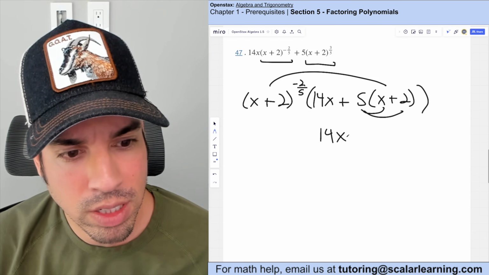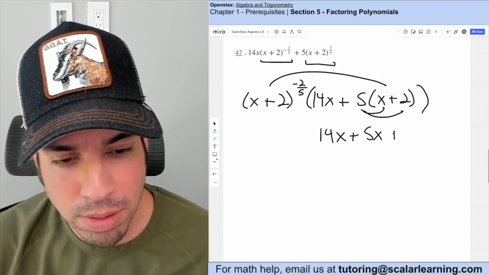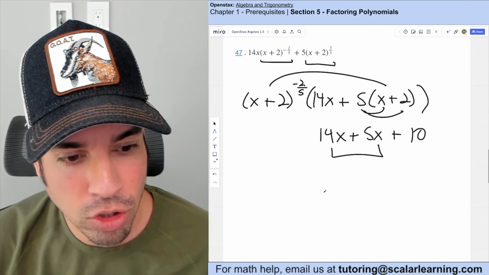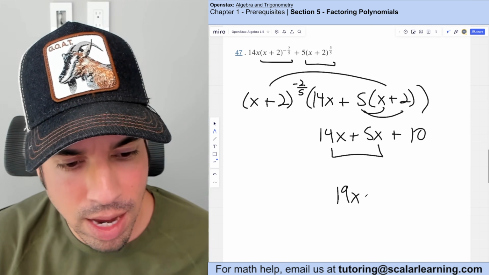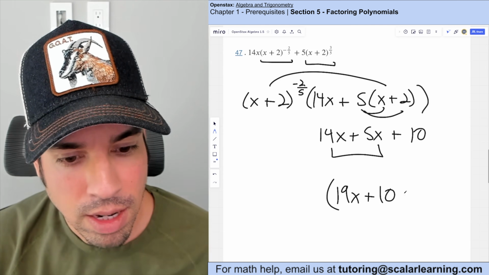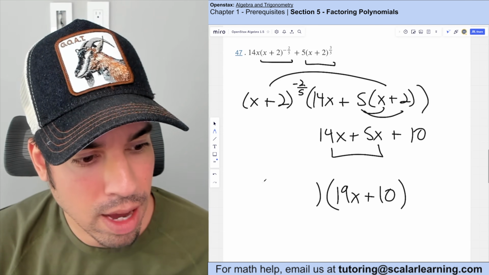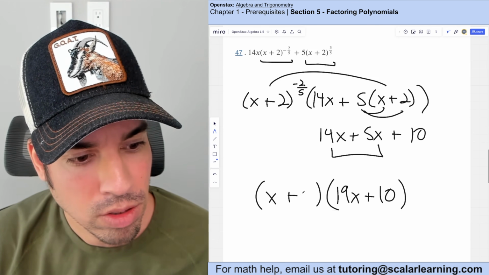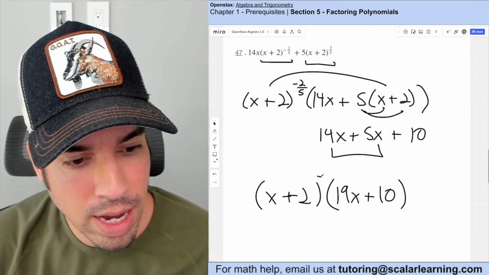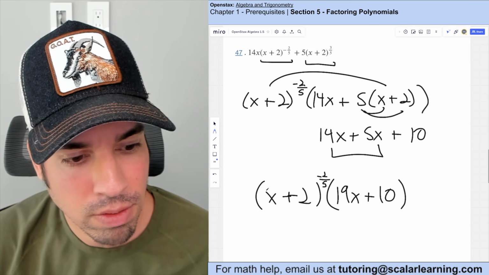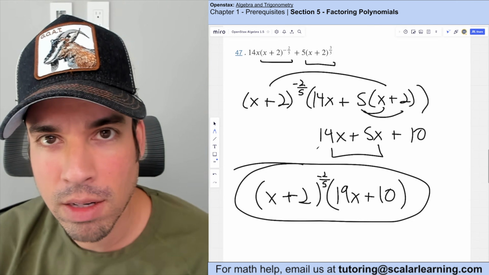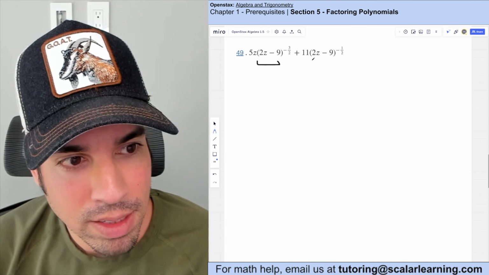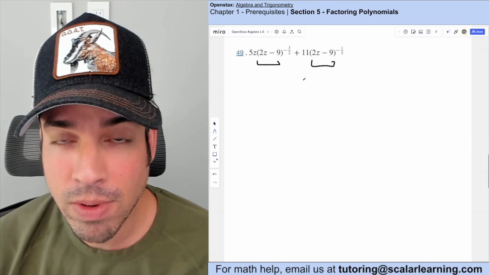And then I have 14x plus 5x plus 10 combined like terms, and I have 19x plus 10. And then out here, we have x plus 2 to the negative 2/5 for the win. Done. Once again, we've got 2z minus 9 and 2z minus 9, so we're going to follow the same protocol